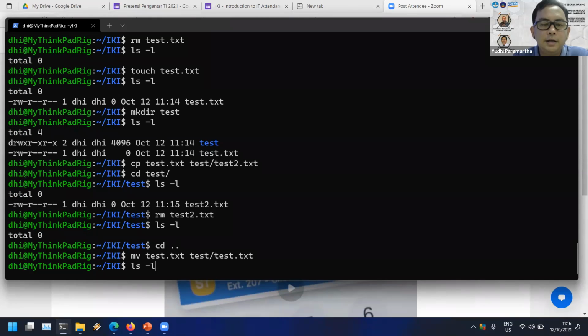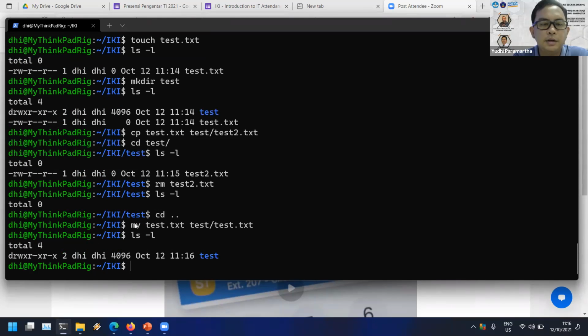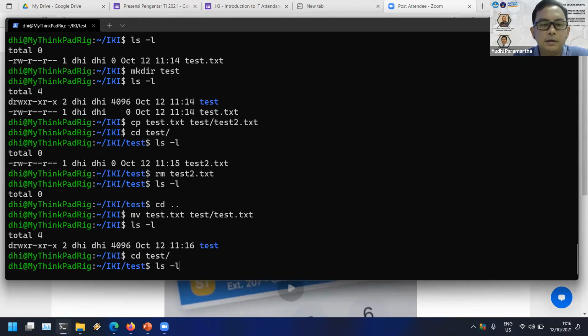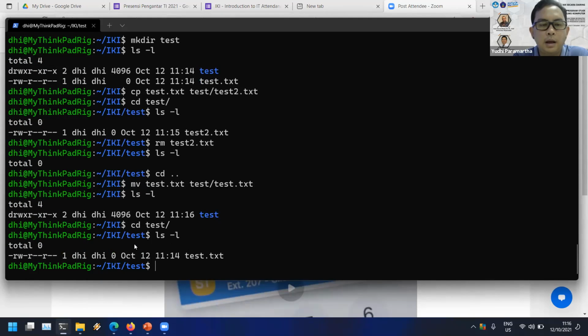So when I see this folder, the test.txt file will be gone because it is moved to the test directory. Okay, when I go to the test directory and see the content of the test directory, there is a test.txt file in here.